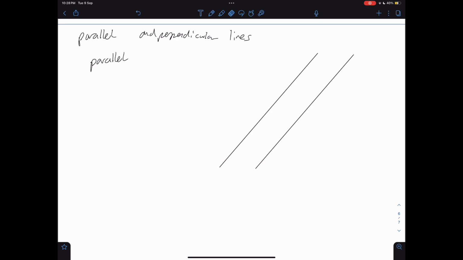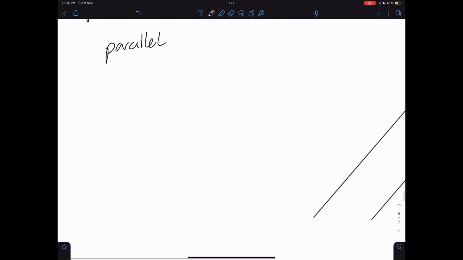Obviously they may give you the point, or that point may have come from working out in another part of that question. And so what you would do is, let's do an example. y equals 3x plus 9. And we're looking for a parallel line to that